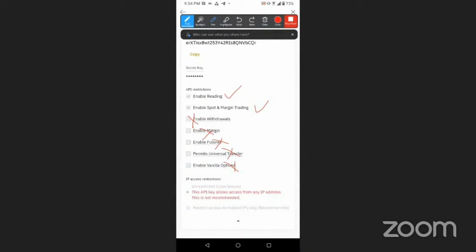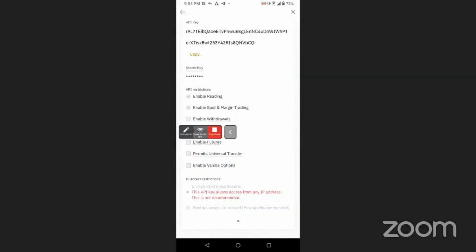If you want to enable this all, you send me your secret key. Then I will go in and take your money, okay? Just kidding. But what I'm trying to say is, make sure this one is not ticked. It should not be ticked. Only these two should be ticked. Once that's done, you are safe to start your trading. That means the bot has already been bound.